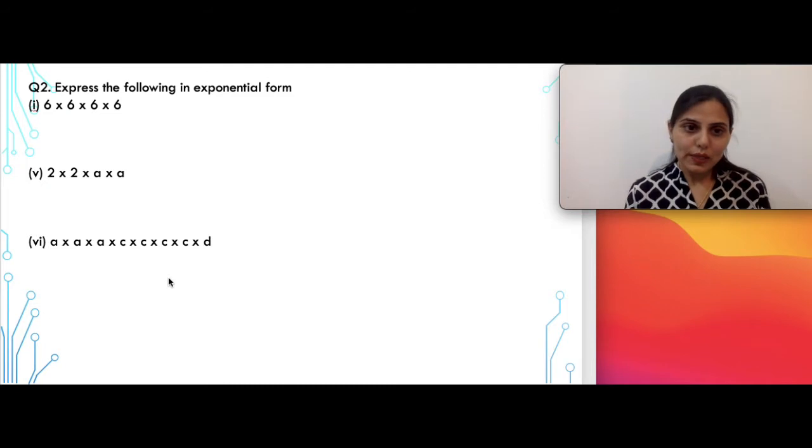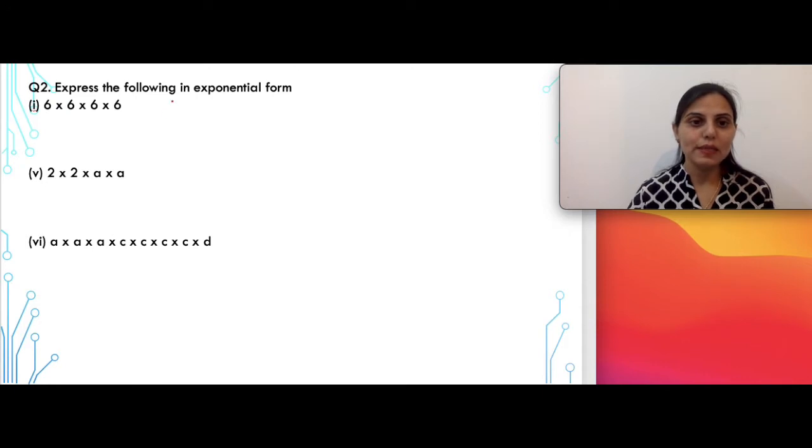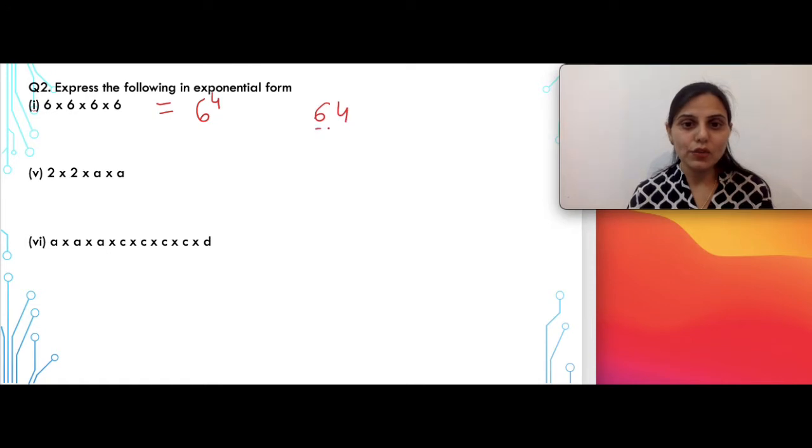In this question, it says, express the following in exponential form. So here, as you can see in the first part, 6 is multiplied 4 times. So a very simple answer, 6 raised to the power 4. Now many times we have observed that while writing the answer, some of the students write it in a way that rather than appearing as 6 raised to power 4 looks more like 64. So in case you write the answer like this, your answer is wrong. You need to properly differentiate between the power and the base.